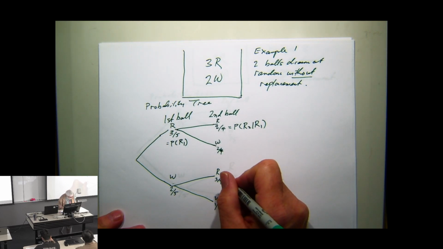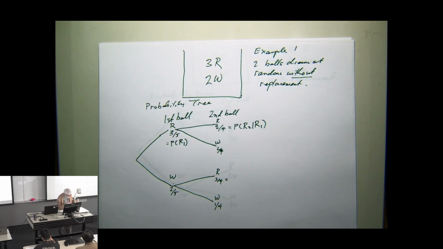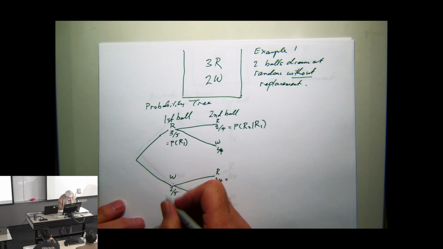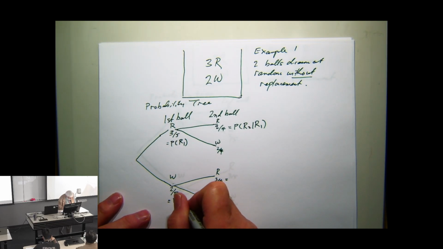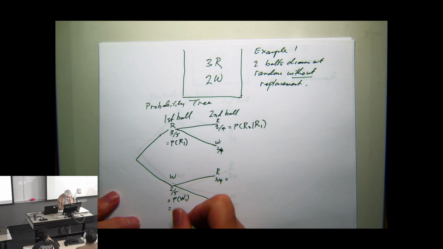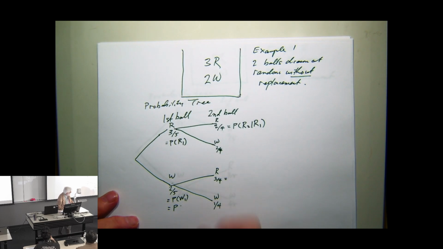And this little sucker here, well, let's go through some other ones. First of all, I could call this the probability of a white on the first pull. That's nice. Or I could also say that's the probability, oh my goodness,